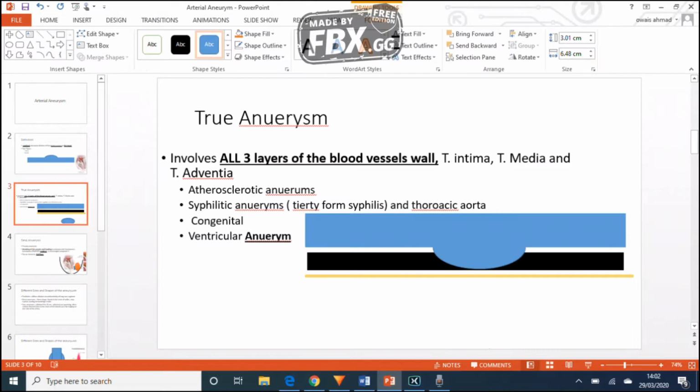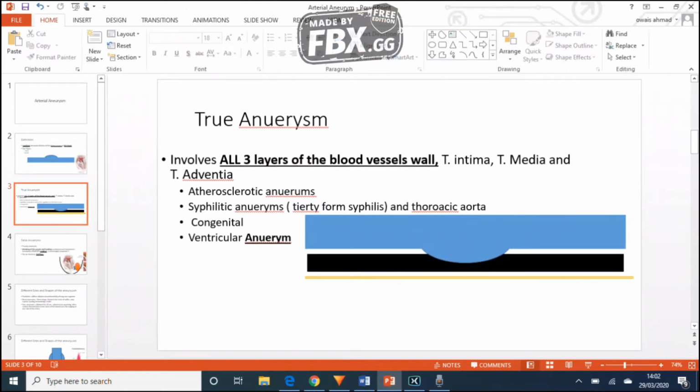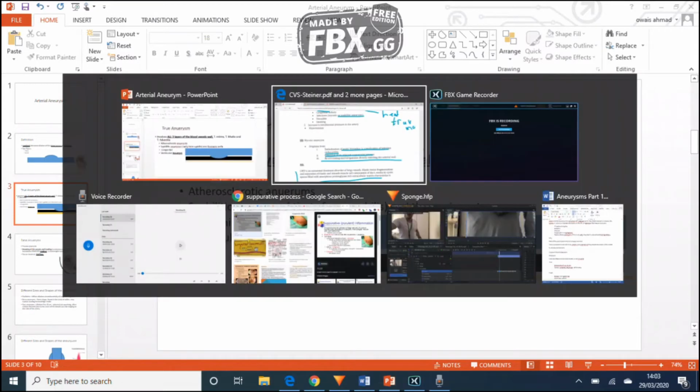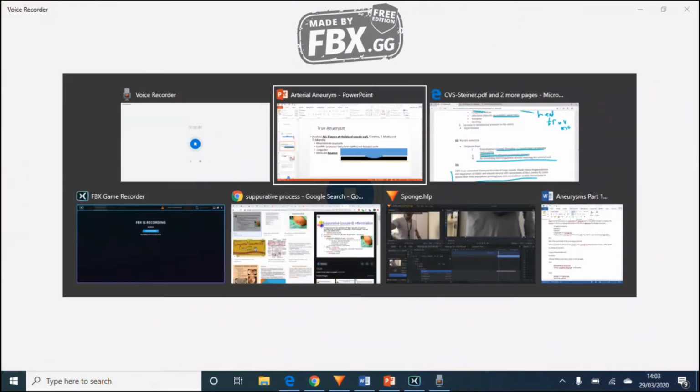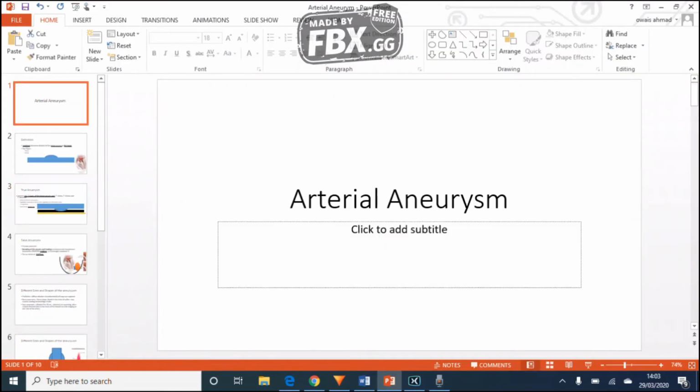is ventricular aneurysm, as shown previously. Then a false aneurysm is a pseudo aneurysm, and pseudo basically means not genuine. A false aneurysm is essentially like a rupture, but obviously that's not a good word. You can say it's the rupture, the breaking of the blood vessel wall, leading to extravascular hematoma.